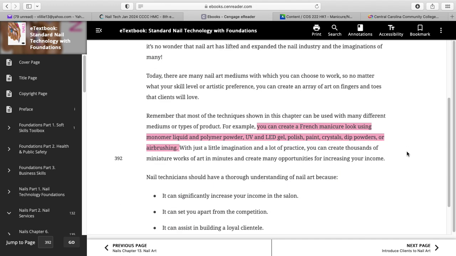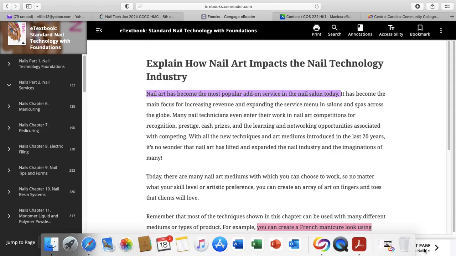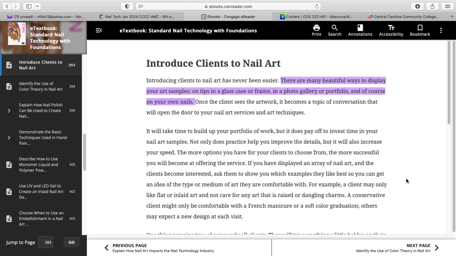You can create a French manicure look using monomer liquid and polymer powder, UV and LED gel polish, paint, crystals, dip powders, or airbrushing. There are many beautiful ways to display your art samples on tips in a glass case or frame, in a photo gallery or portfolio, and of course on your own nails. So nowadays we have Instagram and TikTok, and we can make videos of our work